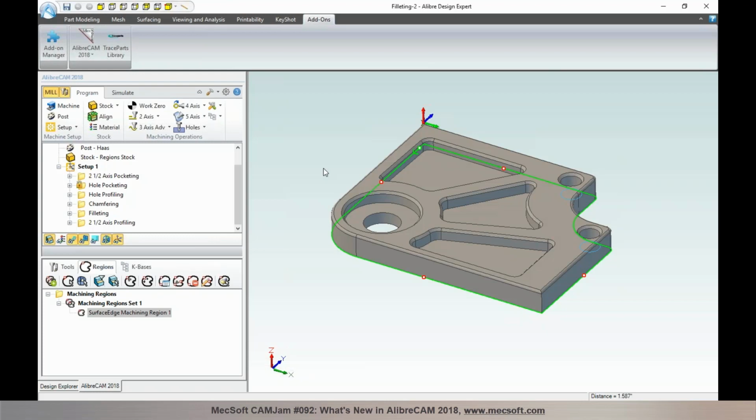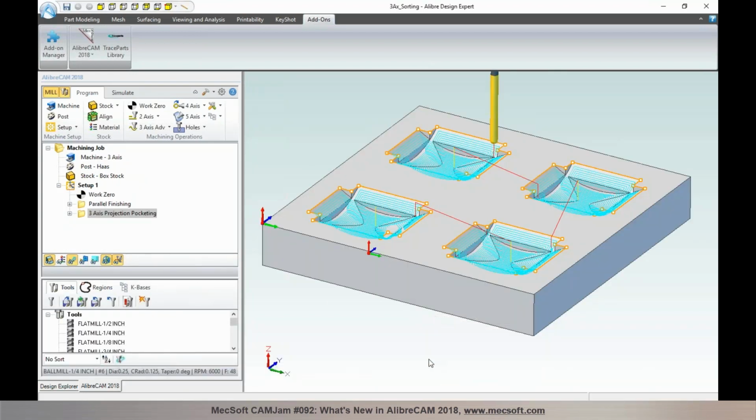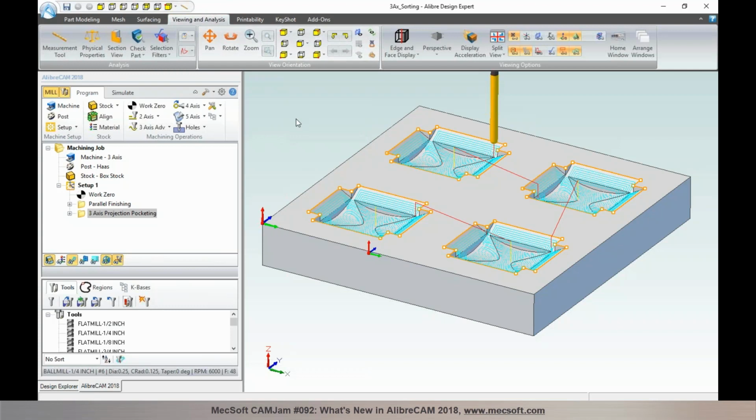Now let's talk about the enhancements that we've introduced to the clearance and the feeds and speeds in AlibreCAM. The first thing I'm going to cover is the enhancements to the clearance definition. I'm going to go over to this example that we worked on earlier. One of the nice features we've introduced with the clearance is the ability to ignore wireframe geometries when establishing the clearance height. To demonstrate this, I'm going to go into the Viewing tab and display the sketch display